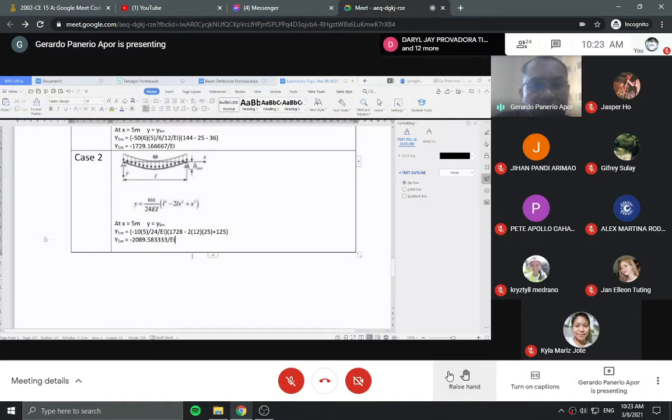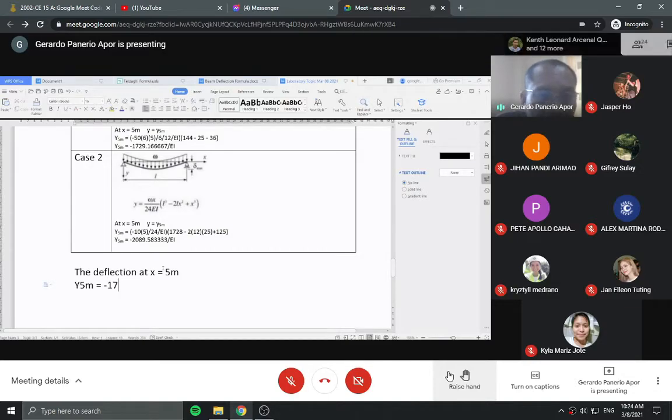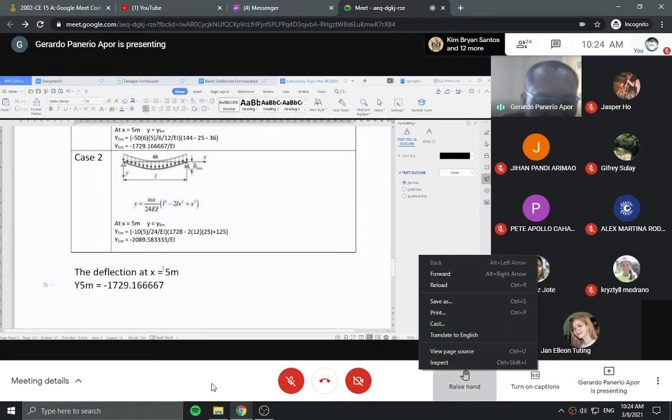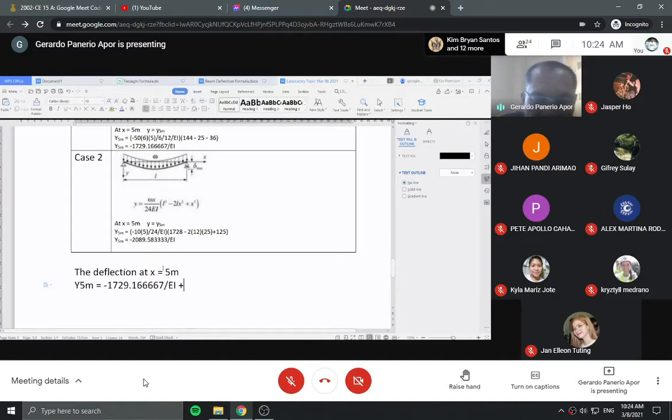So the answer actually is equal to the deflection at x equals to 5 meters, y 5 meters is equal to minus 1729.167 over EI plus minus 2089.588. So you'll have